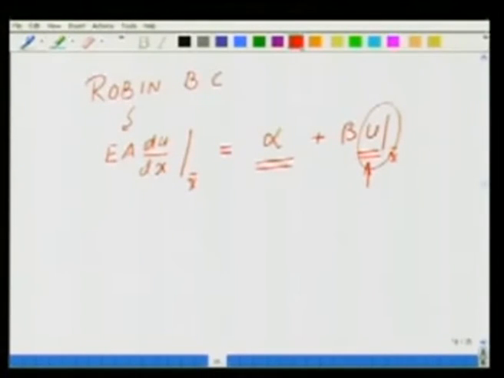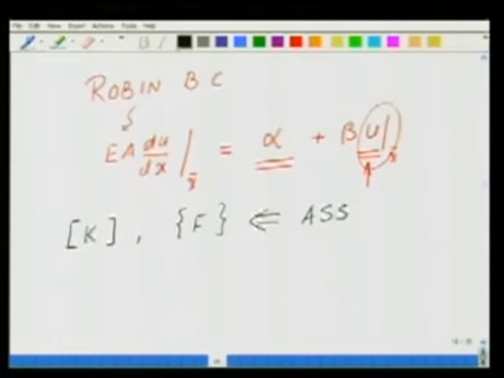So, these were some of the problems that we can handle, but you remember that our basic assembled K and F that we obtained out of assembly remained unchanged till we came to the next part, where we first applied the force boundary conditions, whichever end it is given, and then we applied the displacement boundary conditions, whichever end it is given, displacement or even a mixed one.